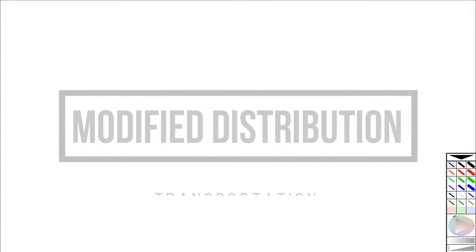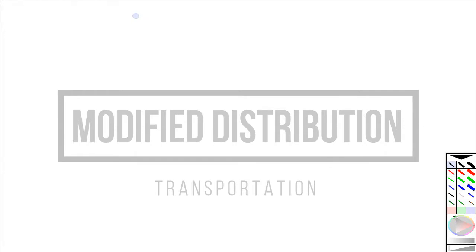Hello and welcome to our question on transportation and optimization of a transportation problem. As we know, the transportation problem is done in two steps. First, you need to find out the IBFS. Second, you need to optimize upon your solution. Whatever solution you have found in IBFS, you need to optimize upon it.